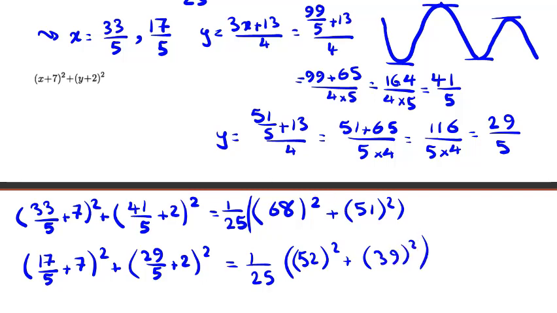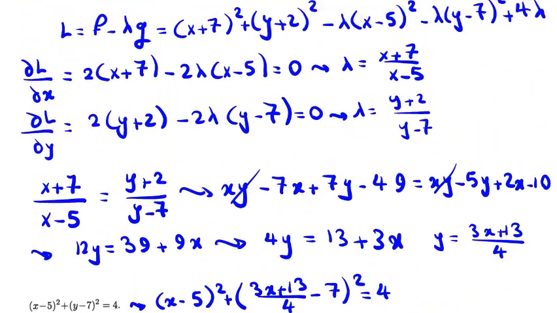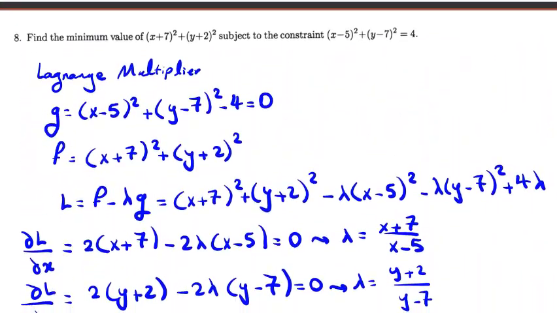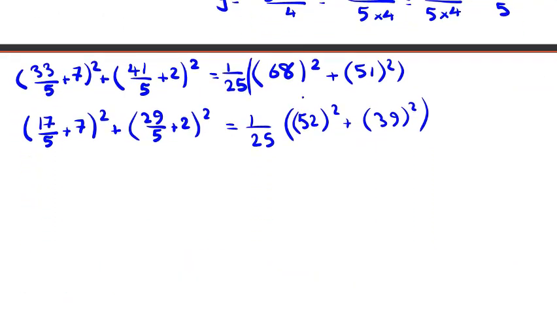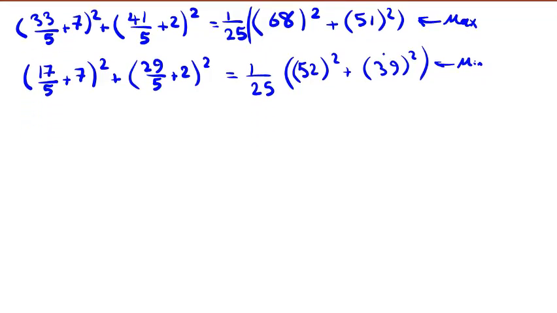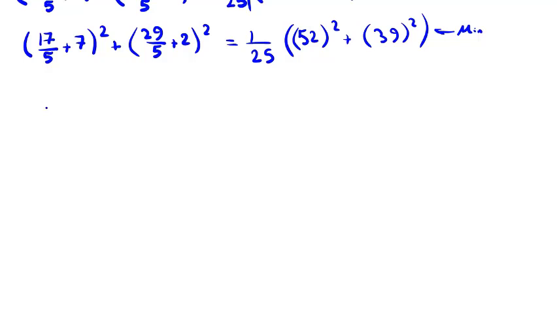Because the problem says find the minimum value, if we consider them, we say, okay, it is greater than this, it is greater than this, so it will be maximum case. So for the minimum case, if we want to calculate that, it will be 1 over 25,